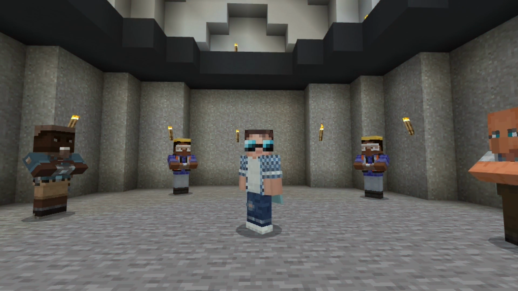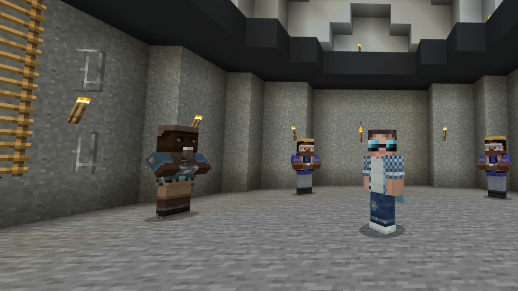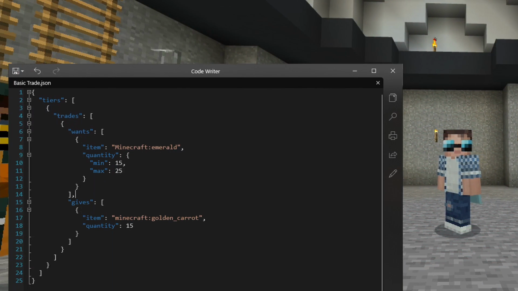So what does a simple trade system look like? Well, this is how it looks for a basic setup. It will always have a want and a gives. You can't just have a gives or a wants with nothing, unfortunately, because it won't work. So in this case, I've said that I want emeralds, and in return we will give golden carrots. In terms of the quantity, you will notice that I'm using the min and max feature,